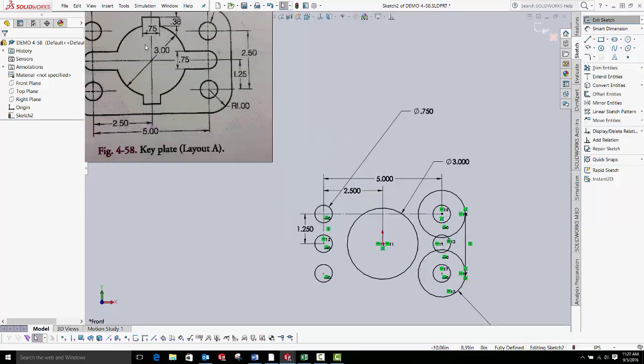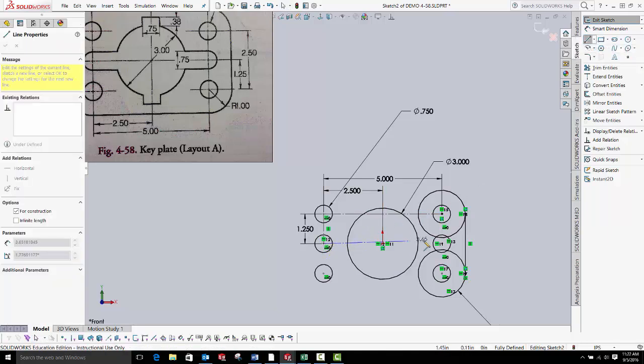What I do want to look at is the mirror command. So we did use a linear sketch pattern. We will go back into a circular one here in a minute, but I want to look at the mirror for a minute. In order for mirror to be effective, we have to consider where the object is that we're going to start with and where we want the new one to appear, which is down here. Somewhere between the two,